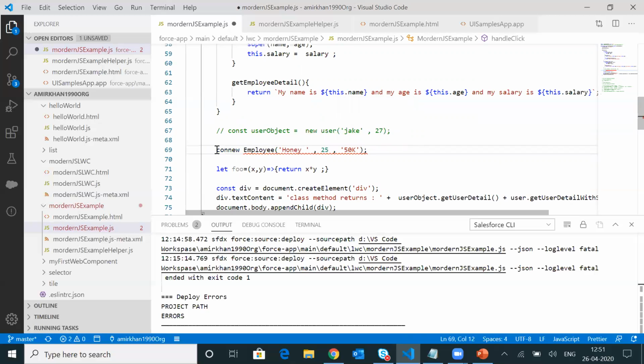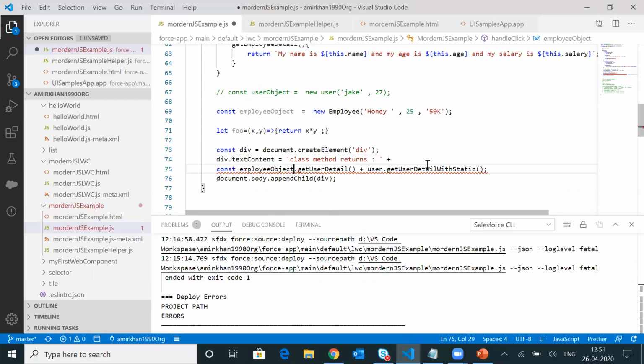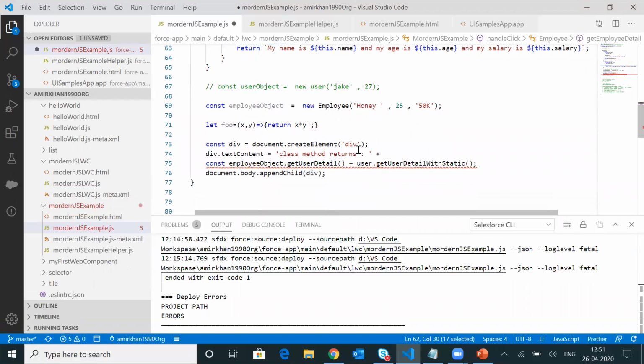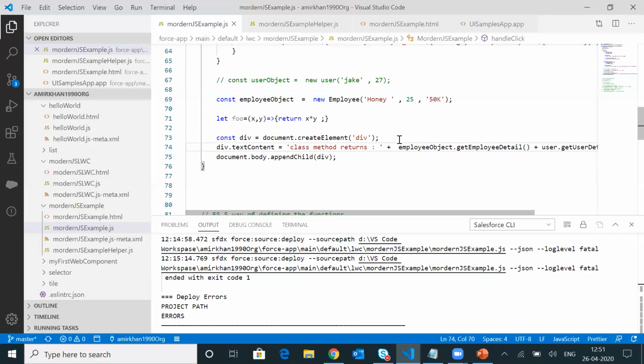Now I will be assigning it to a variable as well. Let's say employeeObject is equal to new Employee, and then I will call employeeObject.getEmployeeDetail.